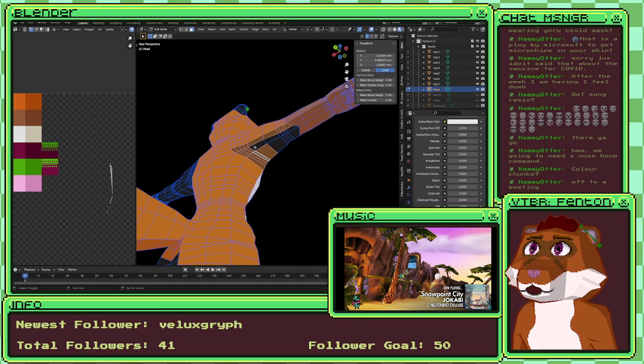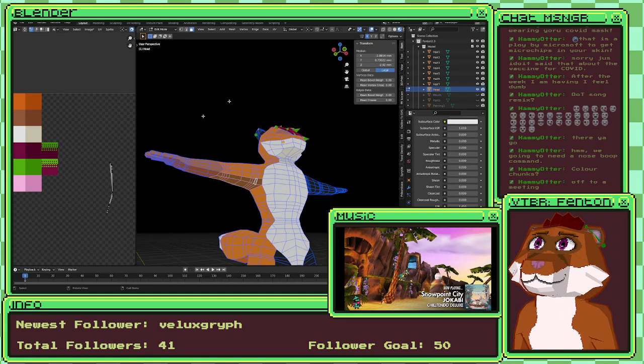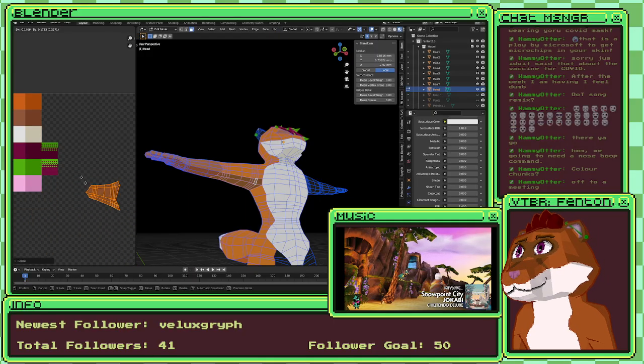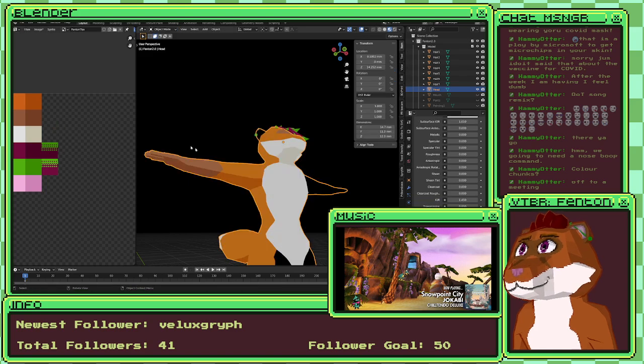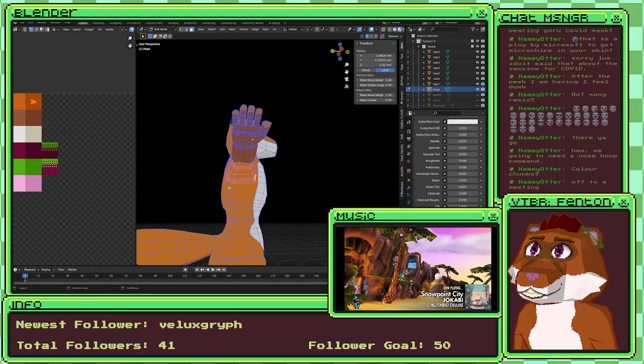This is my first time doing this kind of shading, so hopefully it turns out okay. Oh, that looks pretty good, actually, but now I need to,